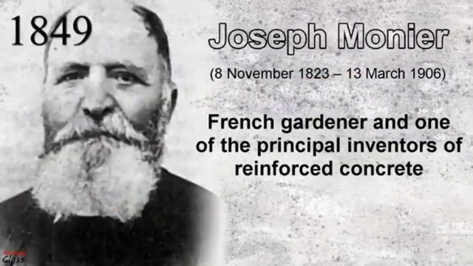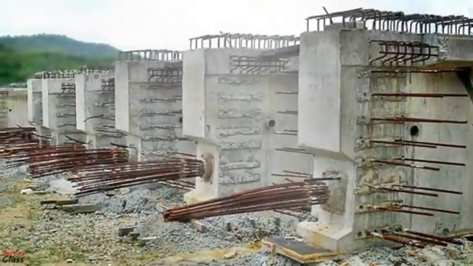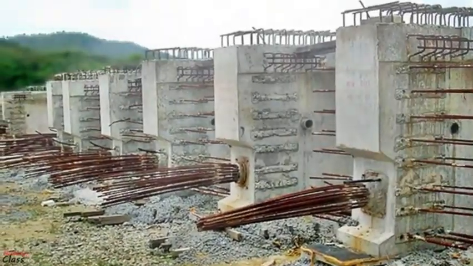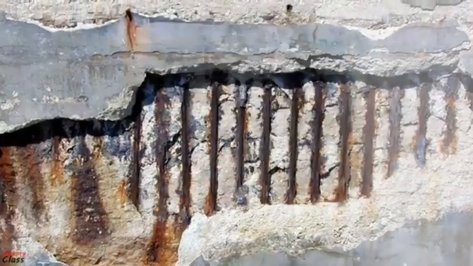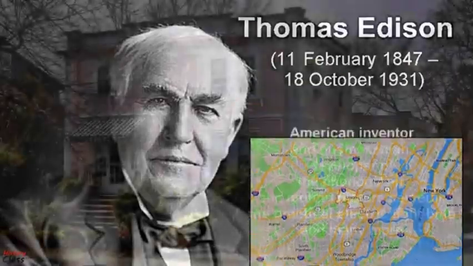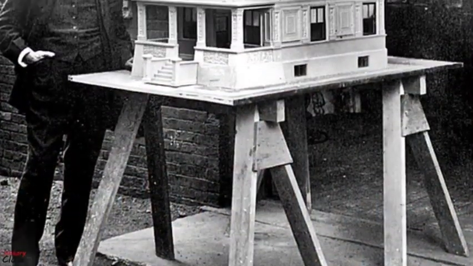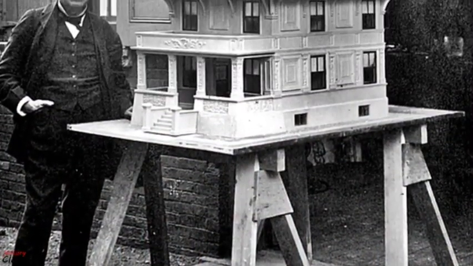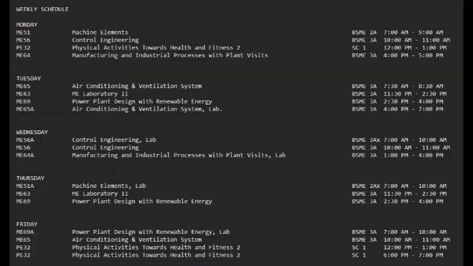In 1849, Joseph Monier invented the reinforced concrete. Reinforcing schemes are generally designed to resist tensile stresses in particular regions of the concrete that might cause unacceptable cracking or structural failure. In 1908, Thomas Edison designed and built the first concrete homes in Union, New Jersey. These homes still exist today. Edison envisioned that his design would meet great success and that before no time, everyone in America would be living in a concrete home.